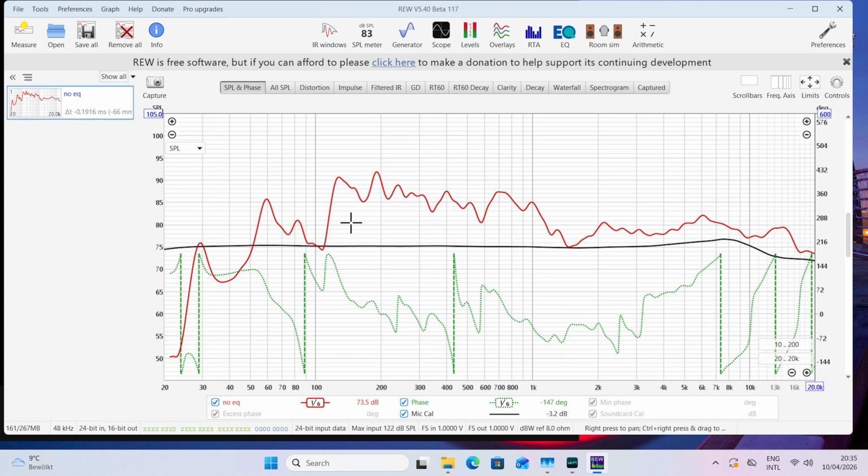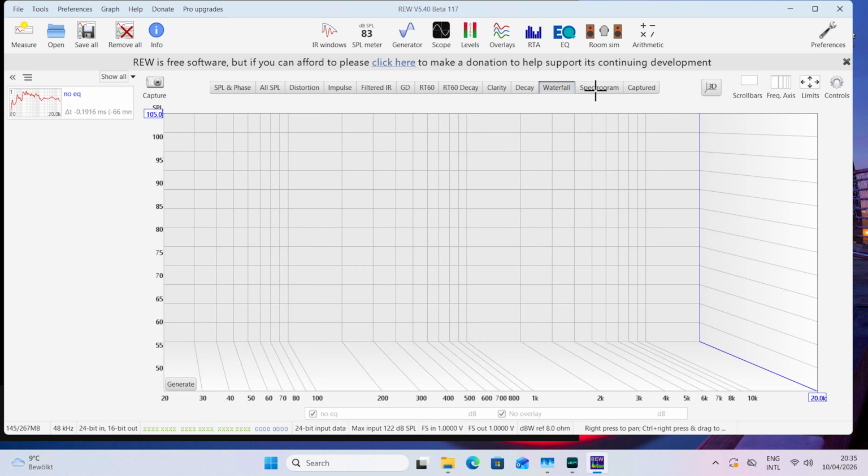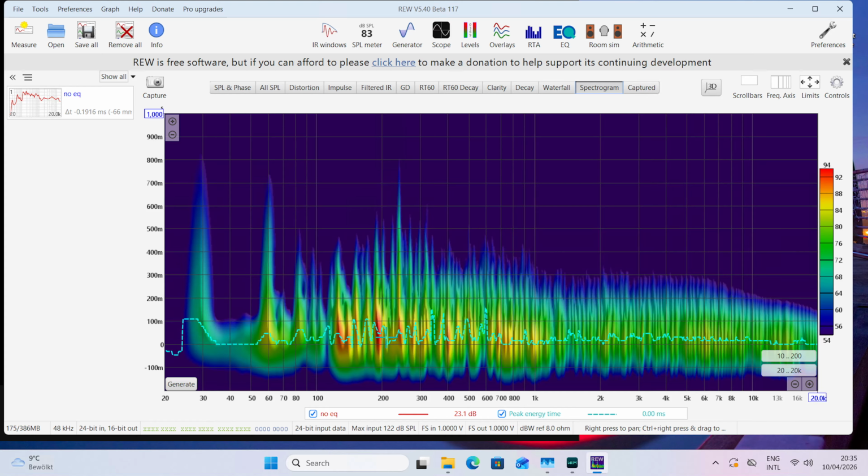And you see, in my case, I know that on the spectrogram this is a very strong room mode. This is a room mode. 60 hertz is a room mode and 30 hertz is a room mode. So